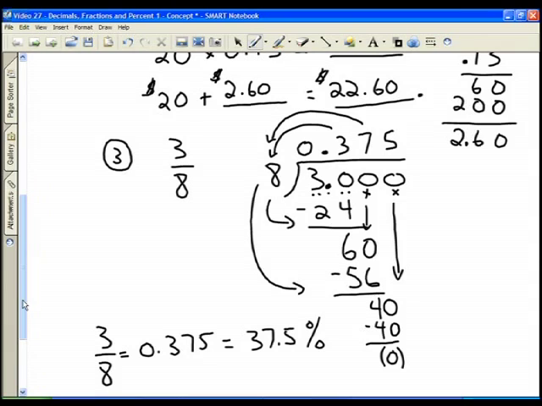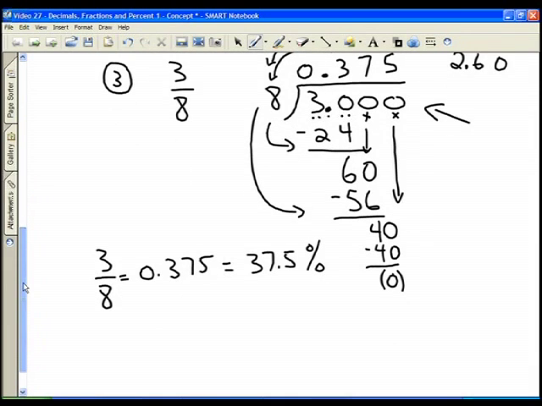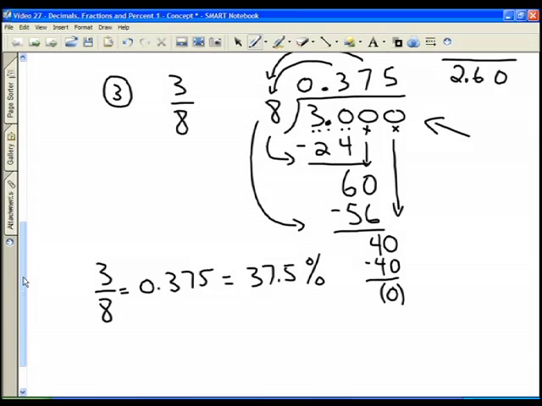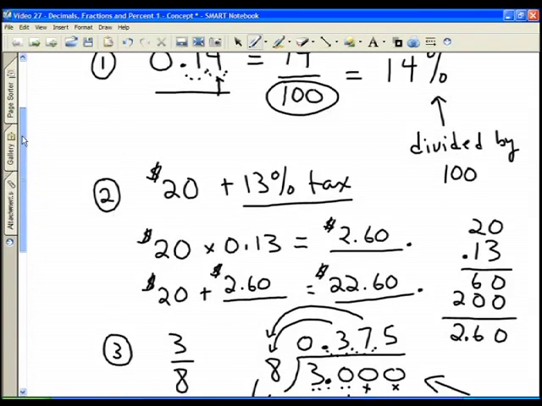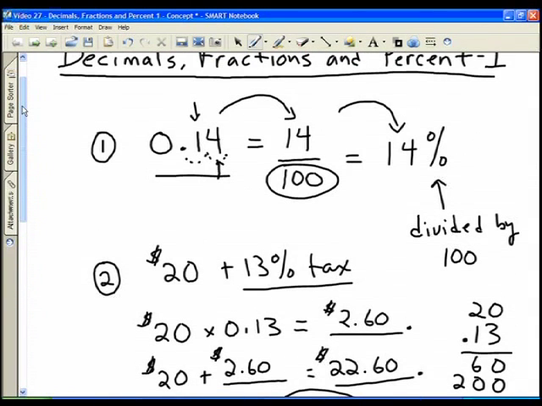And if we need to calculate or convert a fraction into a decimal, we have to do our long division like we did here. And if we then want to represent that decimal as a percent, we just simply move the decimal point over 2, and so we get 37.5, and that is a percentage. And remember, this really means 37.5 over 100. So that gives you a little refresher on percentage, fractions,